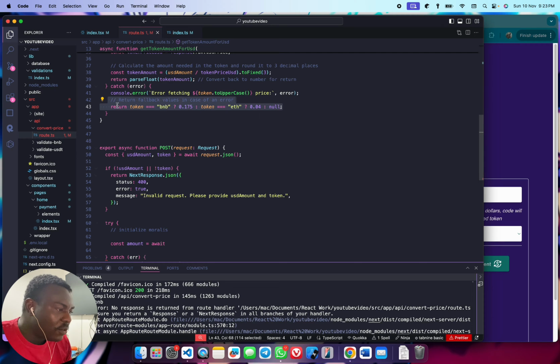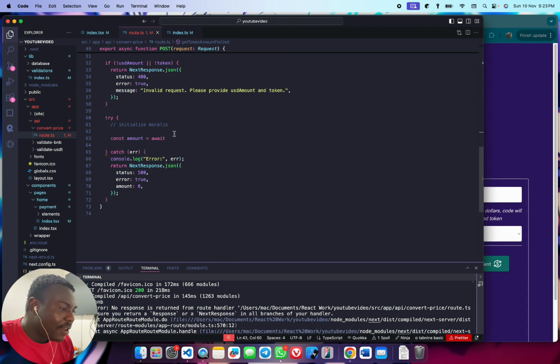I do not recommend using this. It was just in the project that I was using it for. I needed a fallback basis, so don't use this though. Don't use this. Okay, so over here we're just going to say await